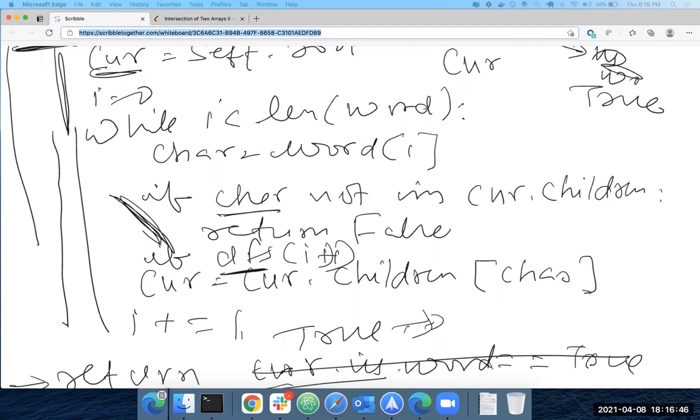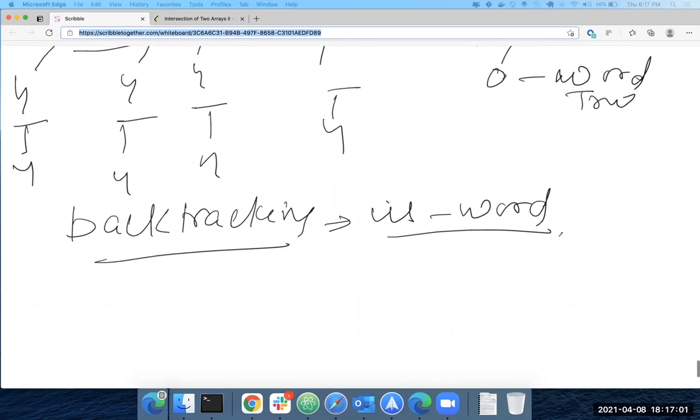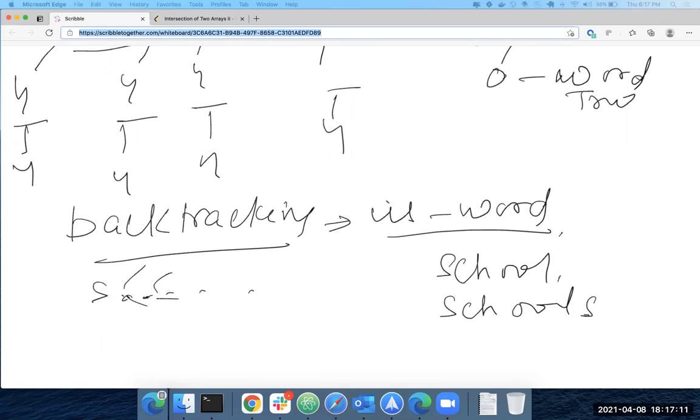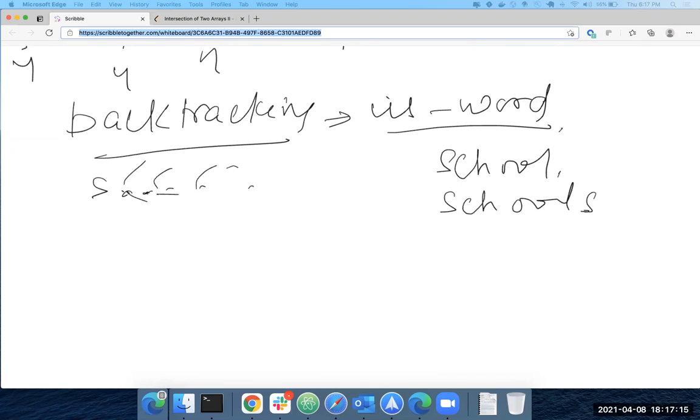Because the DFS also won't care how many dots occur after the first dot. If there are more dots, you'll blow up even more. If you have a dot and you had schools also, it'll keep blowing up for everything, but that is what backtracking is all about. There's no other way to do this.